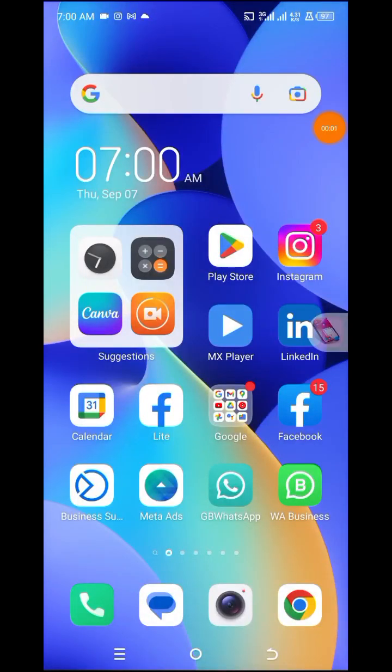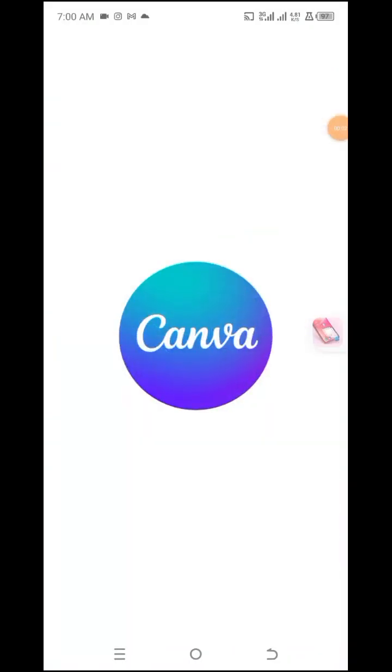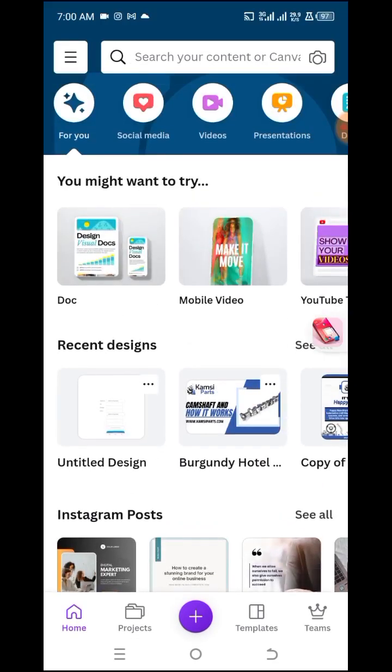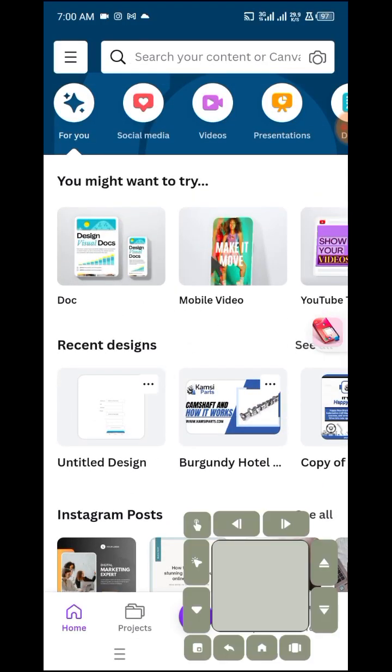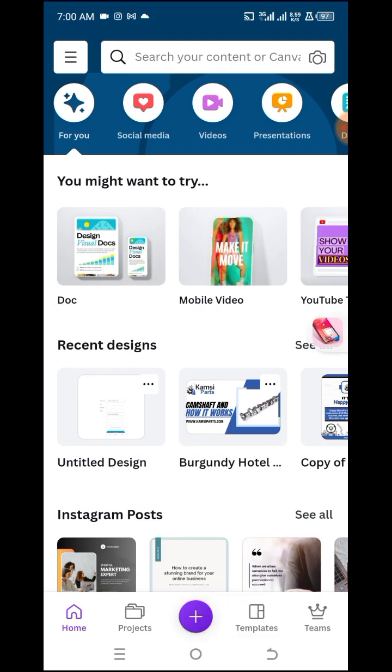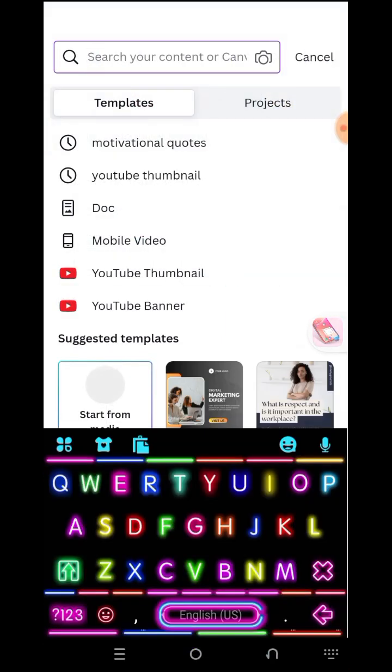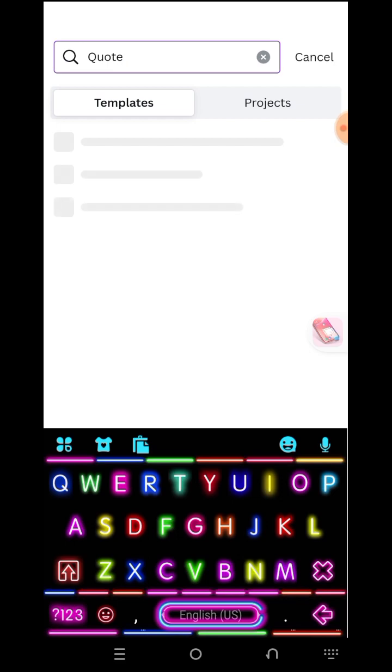Okay, so let's go to the Canva app. All right, so once we go to the Canva app, we see this, right? So let's come to this section right here. Okay, so let's click on this and type, let's say you want to design for a